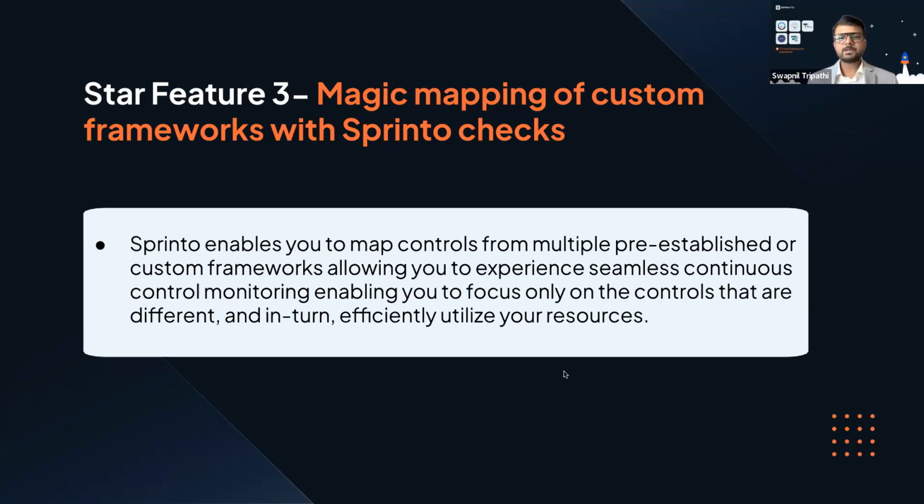Once we have that information, again, Sprinto is smart enough to know what evidences are required for A6.2. If these two are related, we can capture the same evidences that we are actually capturing for A6.2 while making you ISO compliant, as an example, and submit the same in your evidence dashboard for your framework test one, right? And this is what we are calling magic mapping.